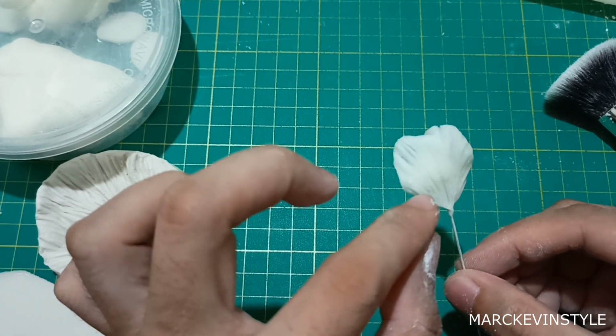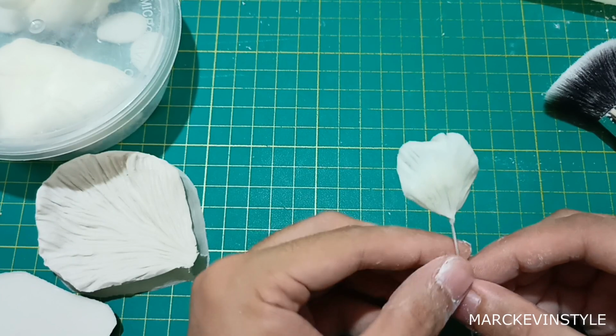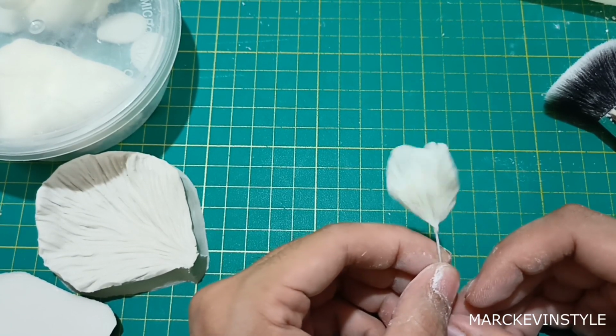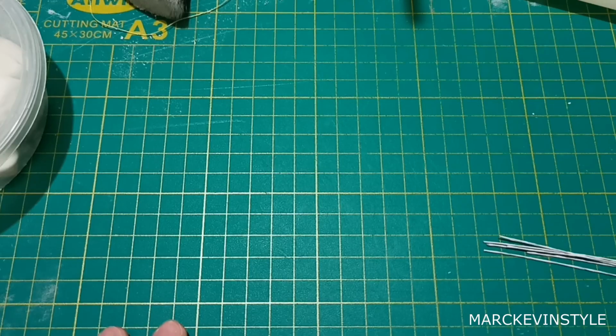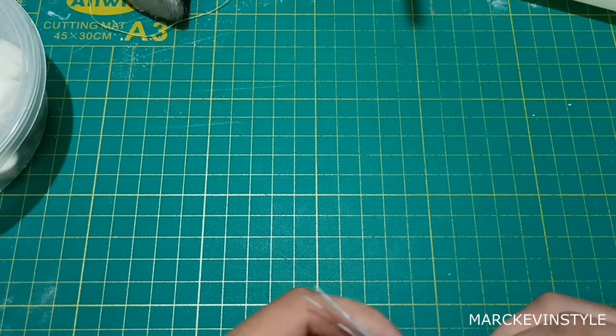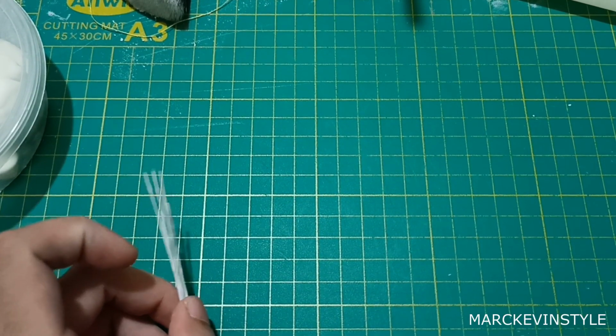So you need to create 6 pieces of these. Once it's dry, we'll assemble. So we need to let this dry for about 15 to 30 minutes just to be sure, and then later we'll color. Hi guys, okay, so now while our petals are actually drying up, I'm gonna show you how I dry it. So